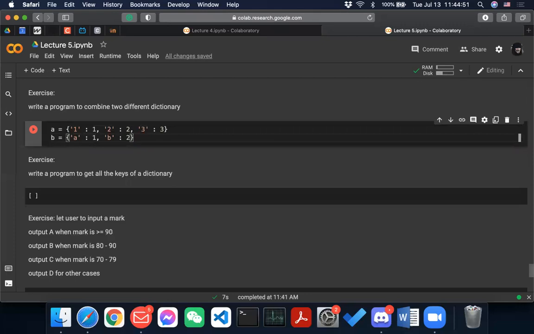Okay. So just write a program to combine both dictionaries, and then get all the keys of the dictionary. And I'll give you until 11:50. Okay.